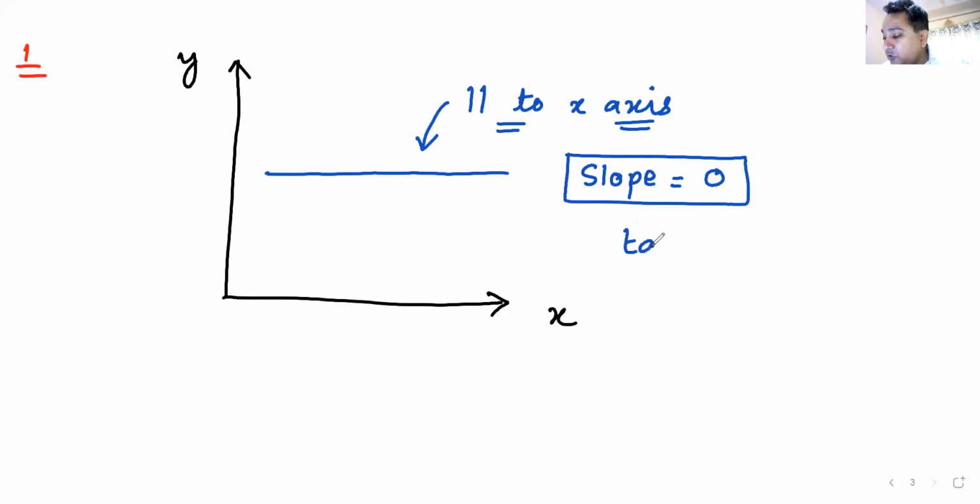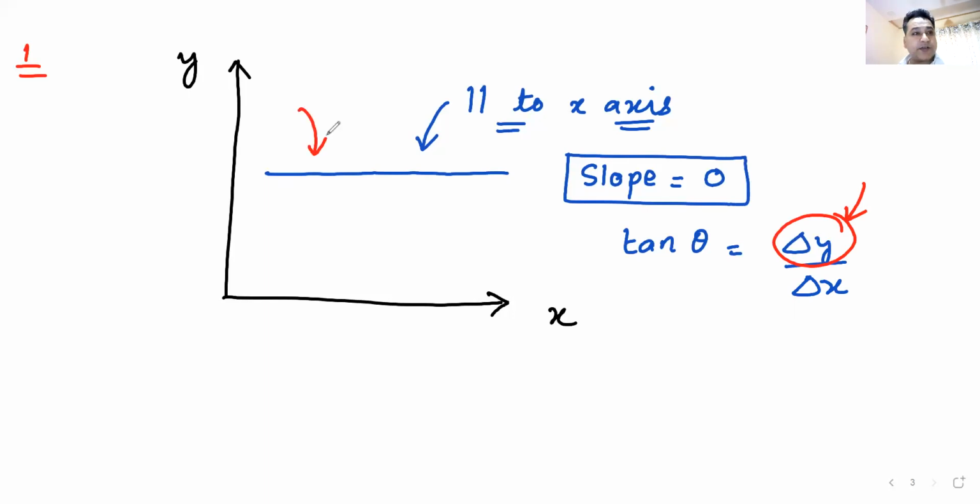If I had to find out the slope, we will find out tan theta, where theta is the angle it makes with the x-axis. That will be equal to delta y by delta x. Yes, Karthik, you are correct. Change in the value of y divided by change in the value of x. But look closely here. Is the value of y changing? No. The value of y is not changing at all. So this delta y, change in the value of y, is 0. Do we understand this? There's no change in the value of y.